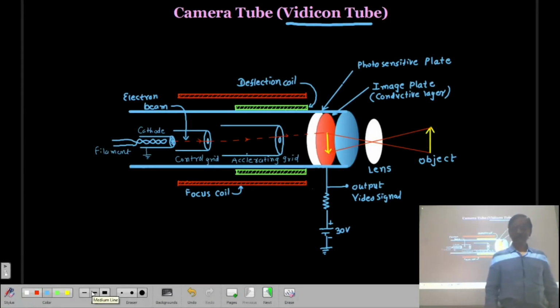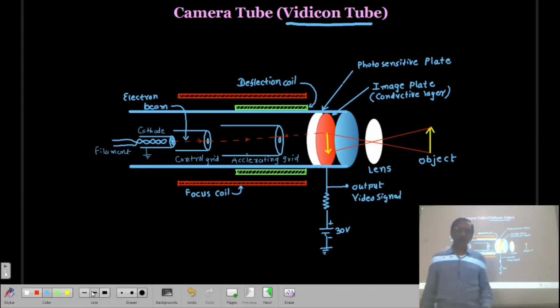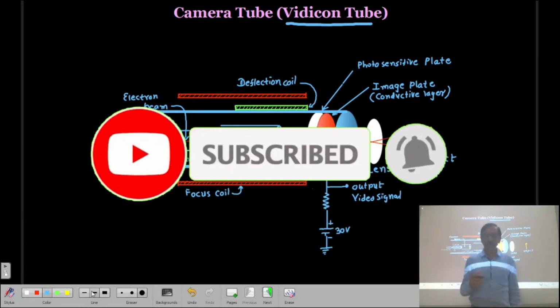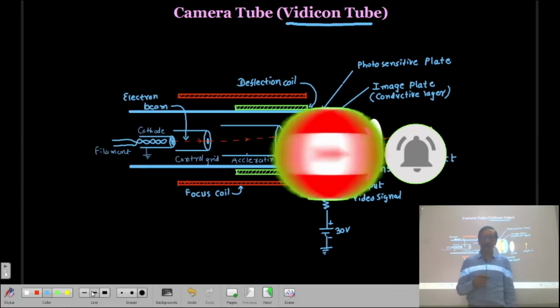In the first lecture of the television, we have discussed the television system. And already you know in a television system, we have two types of information. One is the picture information, another is the audio information. The picture information has to be converted into a video signal, that is the electrical signal, and then only it can be transmitted. So to convert this picture information into a video signal, we require the camera.